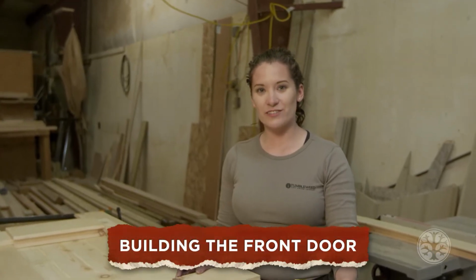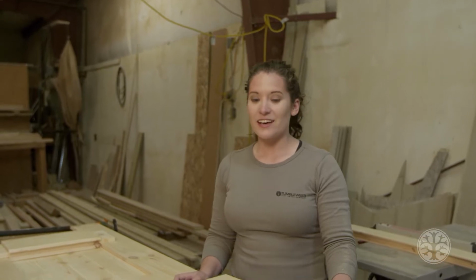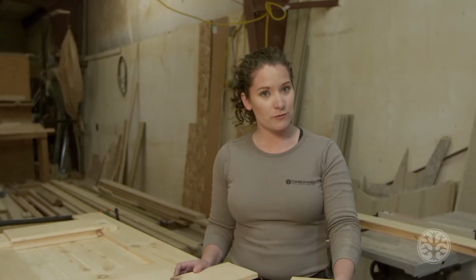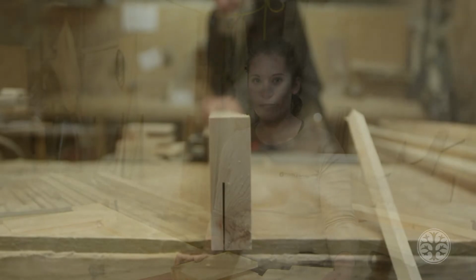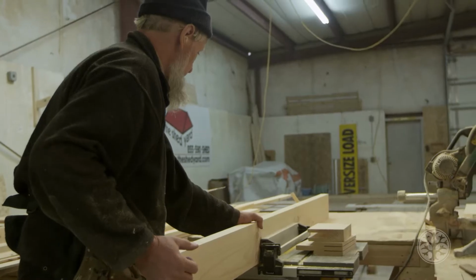The front door of your tiny house is the first thing that's going to greet your visitors as they come to tour your tiny house. So it's important to make sure that your door is just as aesthetically pleasing as the rest of your house. In the plans, we call for a certain way of building something. However, we happen to have a master carpenter on hand, and Pop has showed us some new tricks in terms